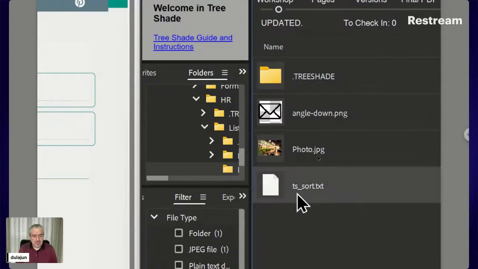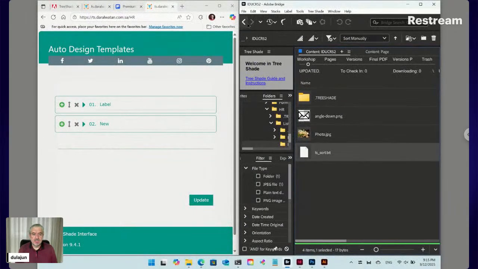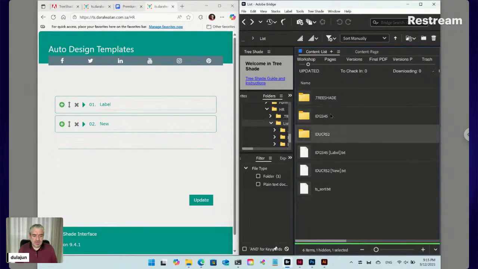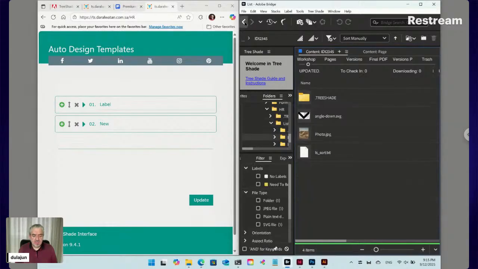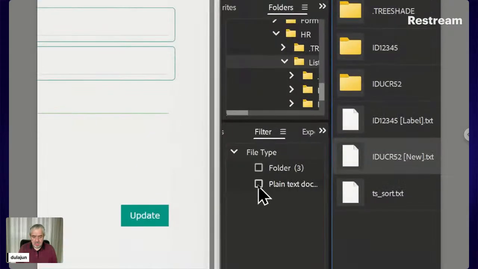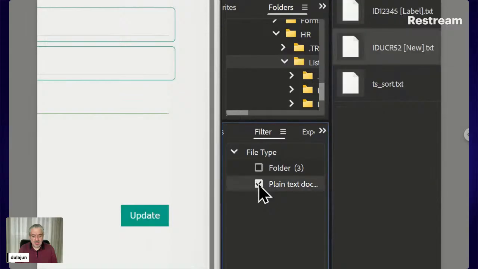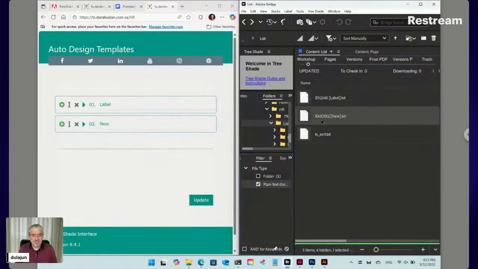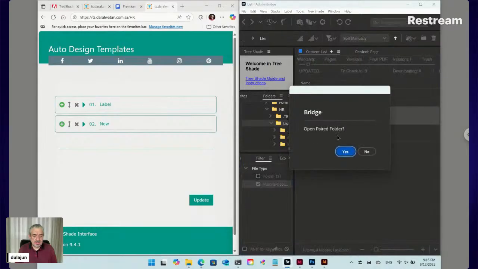And here ts_sort for sorting items. So you have here the original item and here the new one. If you have a long list, the label helps you to distinguish the items. In Adobe Bridge you can filter to display only the files, no need for folders, and you can browse just by double clicking and answering yes for this question, open paired folder,